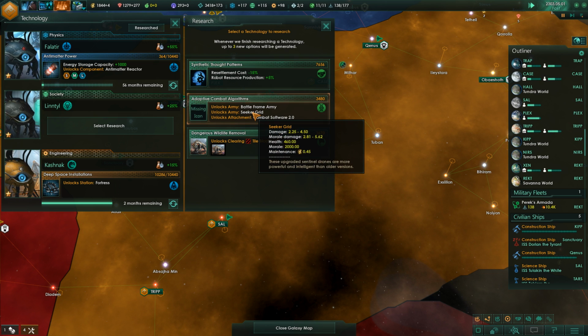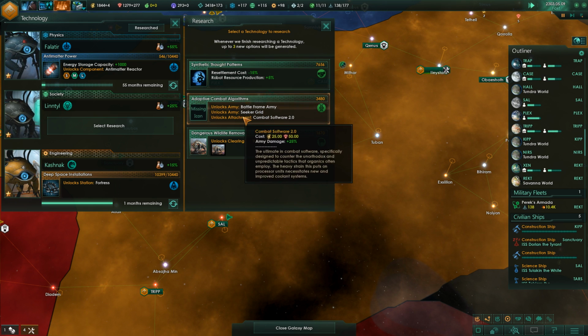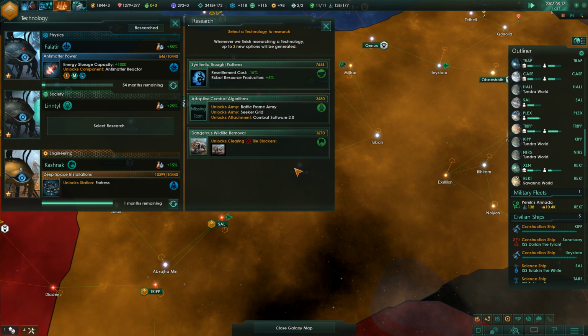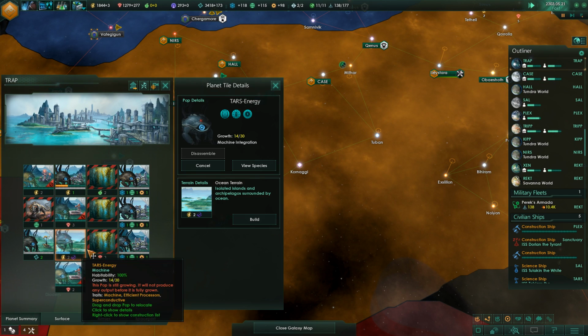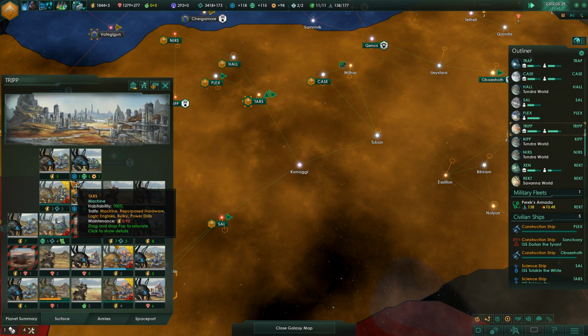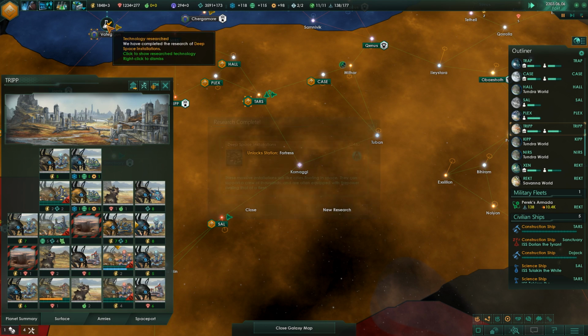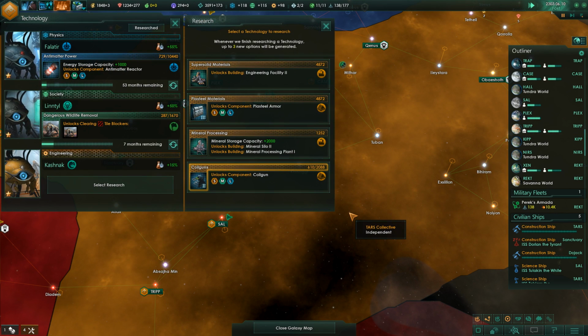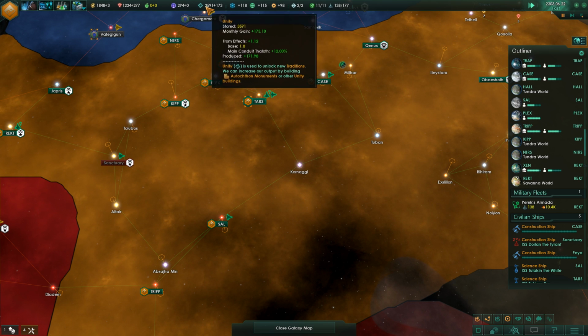Missing icon. Battle Frame Army, Seeker Grid, and Combat Software 2.0. Attachments, still not entirely sure why they're being used. They are an awful system. So, we'll be able to get another 17 Betharian stone very soon. That is a pretty big deal. Alright, Fortress is here. Mineral Silo 2. The only reason I'm going to go for it is to...